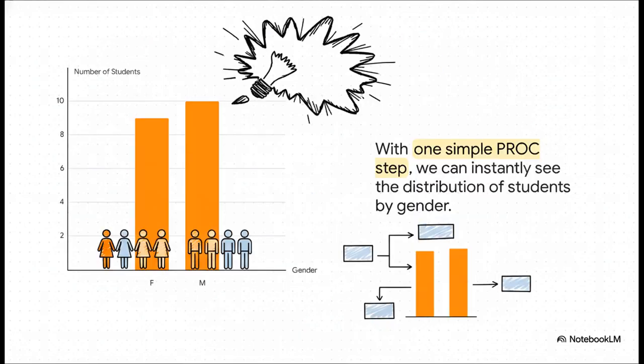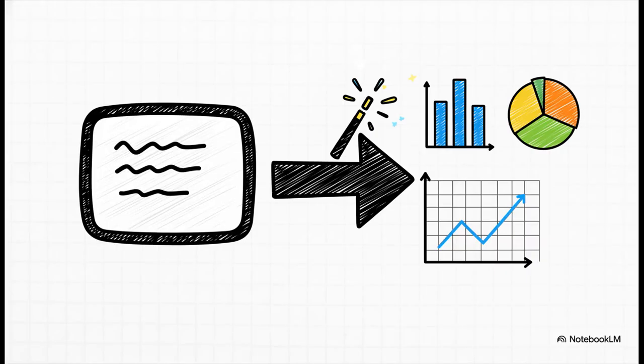But with one simple proc step, boom, we get this bar chart. All of a sudden, instantly, a little piece of the story starts to emerge. We can see right away there are 9 females and 10 males in our data. This is that aha moment that data analysis is all about. And you know what? Creating that chart wasn't some ridiculously complex, time-consuming process. Nope. It was done with a simple